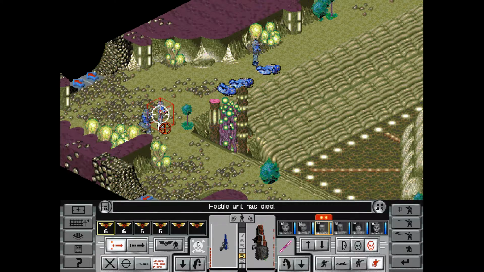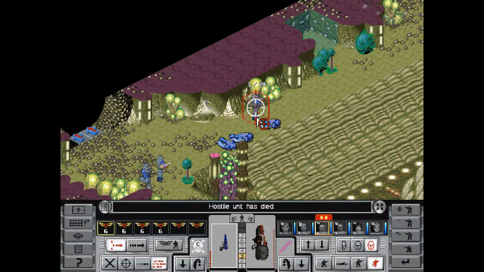Take out the weak links first. Now this one has a dimension launcher, I think. Wow. Look at this just rain of death here. Might have had a little bit of good luck in a row, but...